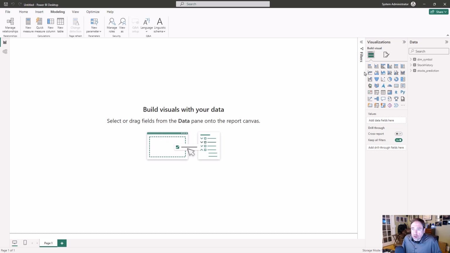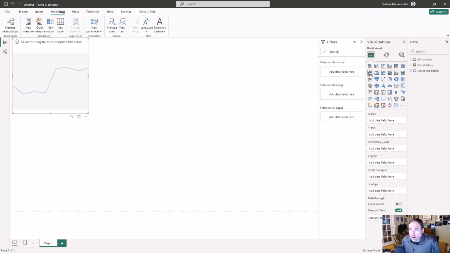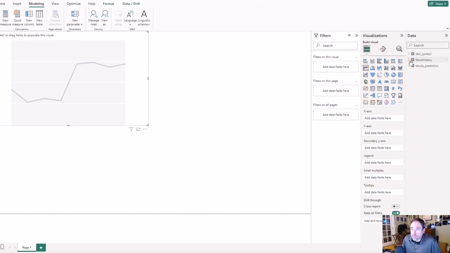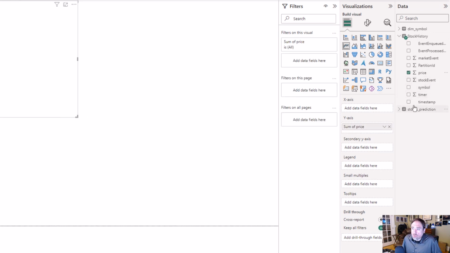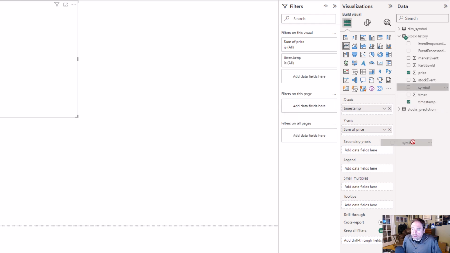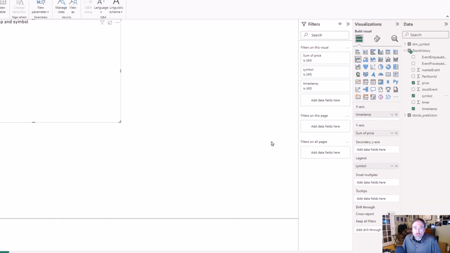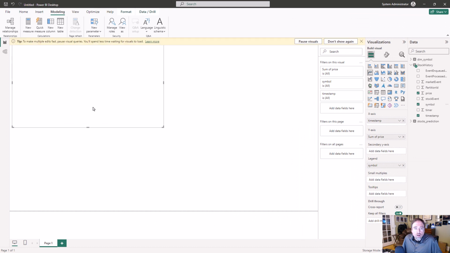So now let's start building our reports. Similar to what we've done in earlier parts of the workshop, let's build our real time first. And what we'll do is we want to look at the price on the y-axis, our timestamp on the x-axis, and then finally the symbol will be the legend. So we should be able to see a chart here of all the different